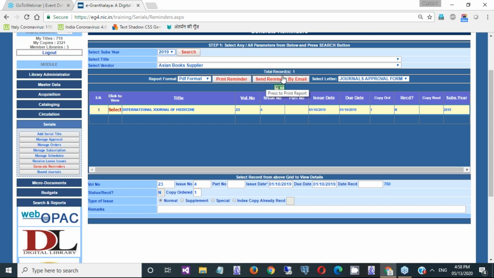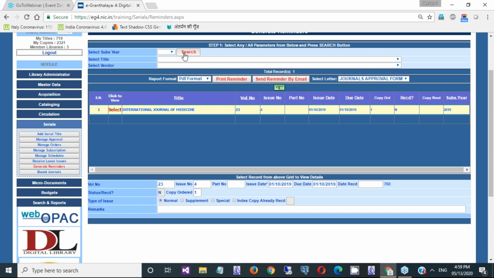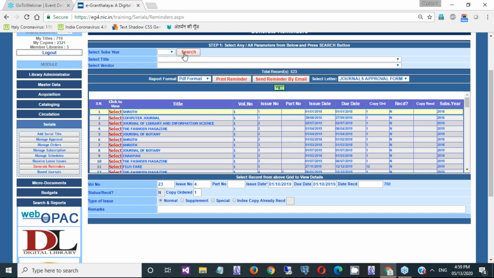If I do not select any of the parameters, I wish to send reminders for all the issues pending in the library. If I press this send reminder by mail button, then automatically all reminders will go to the mail of each and every supplier.